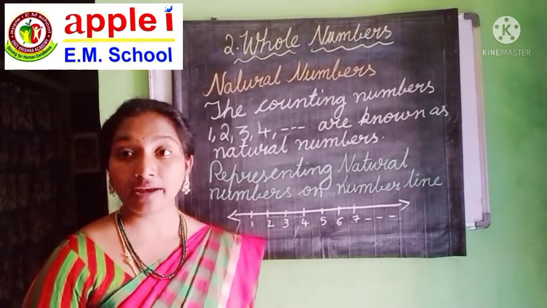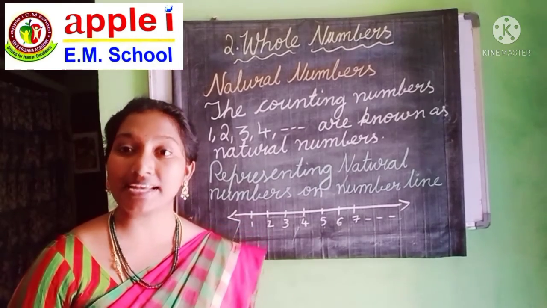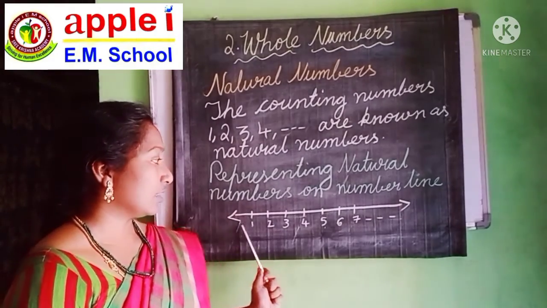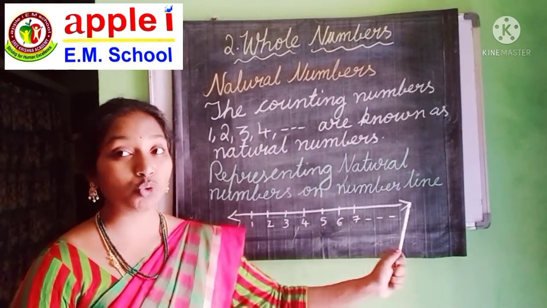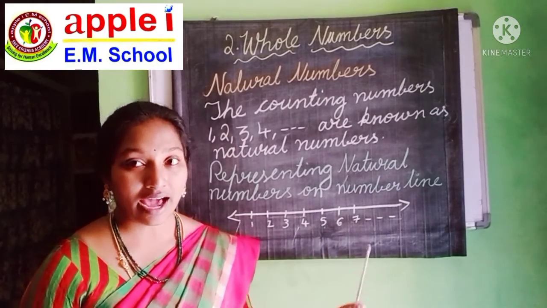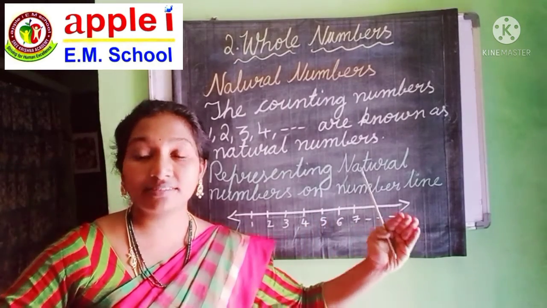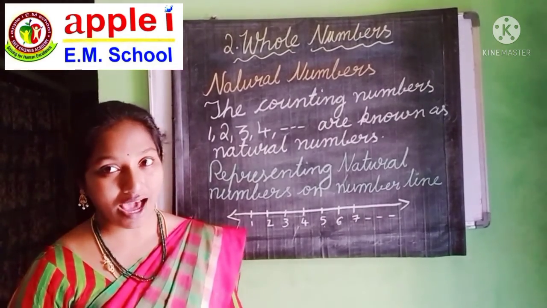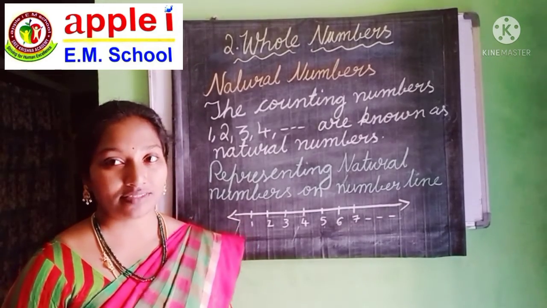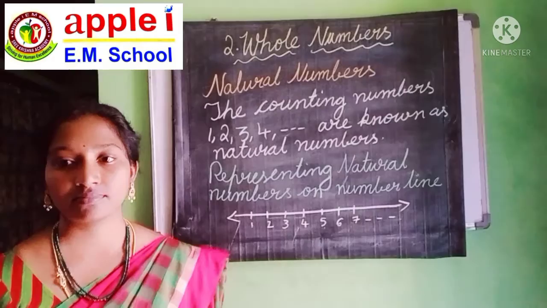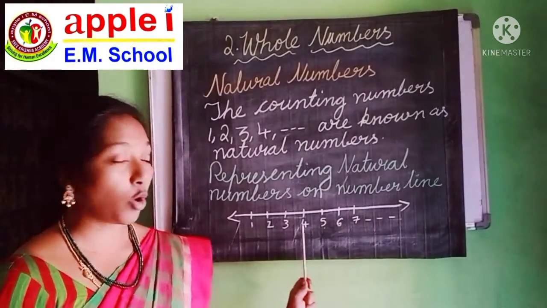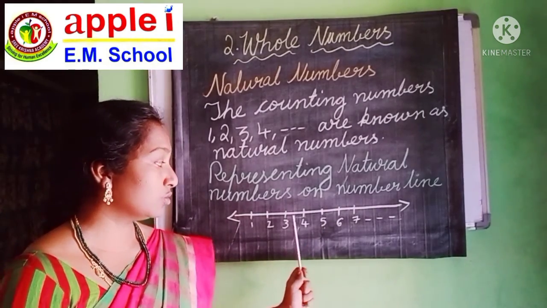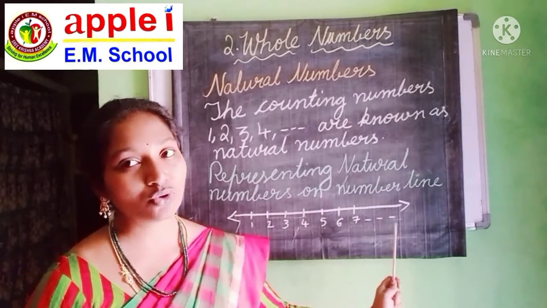Natural numbers can be represented on a straight line called a number line. The arrows put at the two ends indicate the line extends to infinity on both sides. Any point on the line is picked to represent the number 1. Then the equal points to the right of the picked point represent 2, 3, 4, and so on.